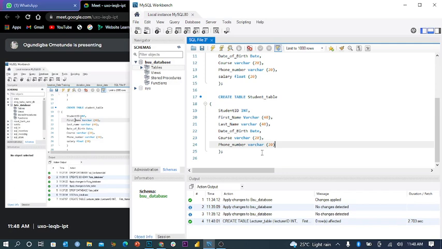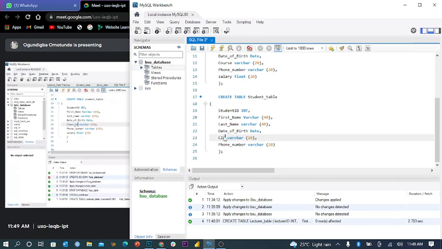Then I want to introduce the student's first name, last name, date of birth, let's not put course, let's put class level, then phone number, then instead of putting salary, because they don't pay student salary, they pay school fees. Let's assume school fees.